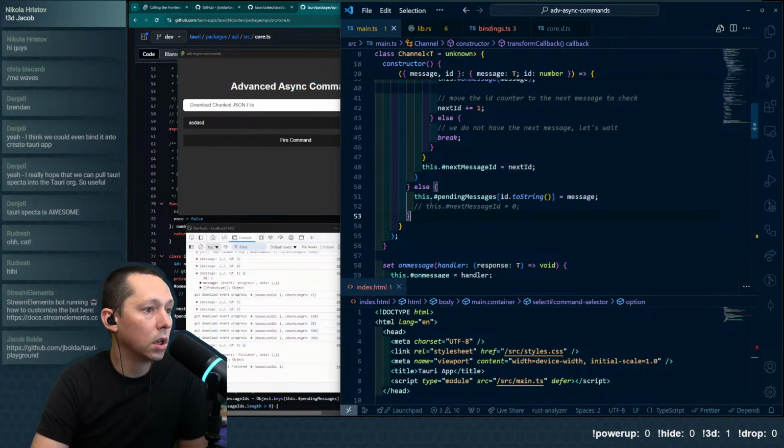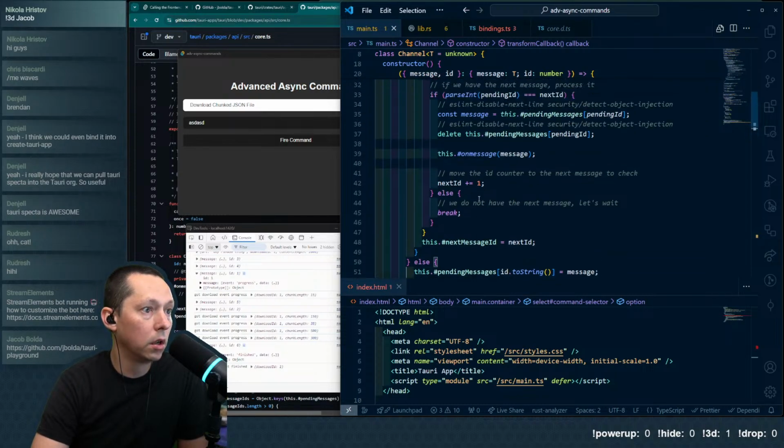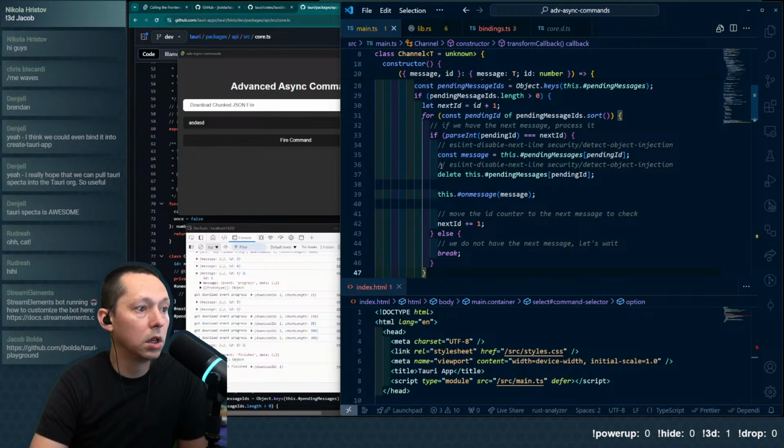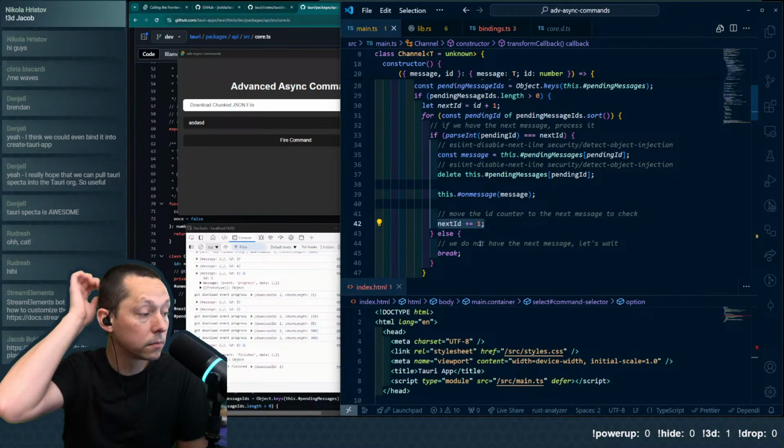We can say this pending message is message. That's fine. But after we process the last one, this doesn't do anything special as far as processing goes. It is saying save the message, delete it, pass it to the handler. Then go to the next one.